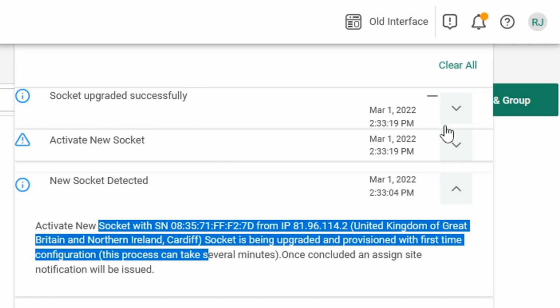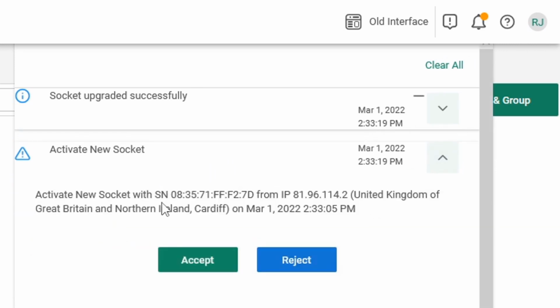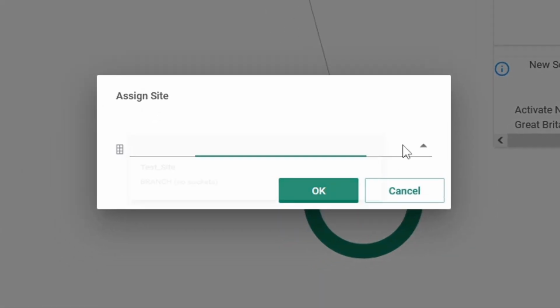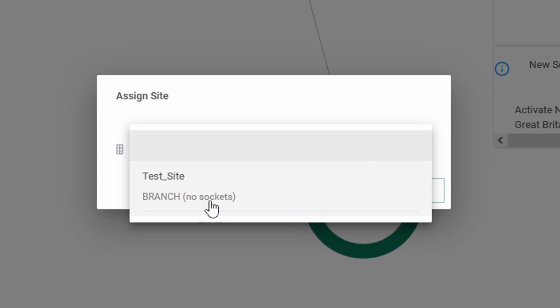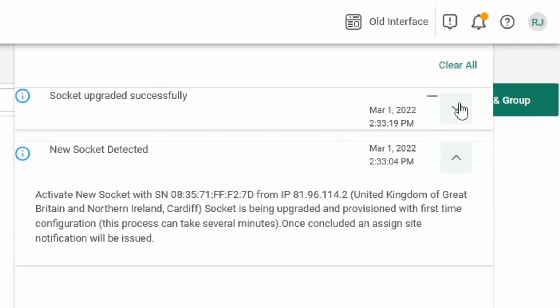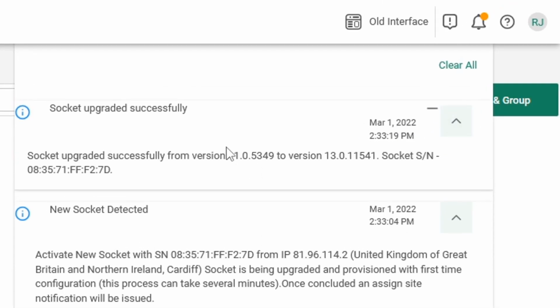After doing that, it says that, oh, we would like to activate this socket. Would you like to assign this socket to a site? And I will say, yes, please. I want to assign this socket to test site. You can see currently it doesn't have any sockets assigned. So I'll do that. Great. And you'll also notice a notification saying the socket was automatically updated from version 11 to version 13 with the